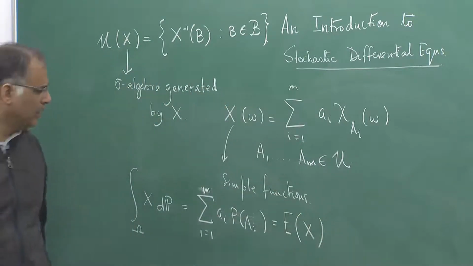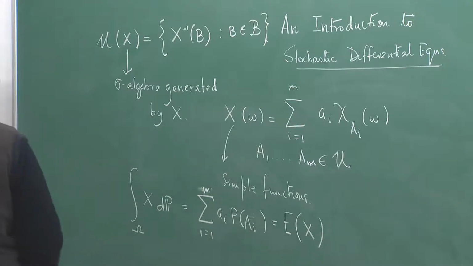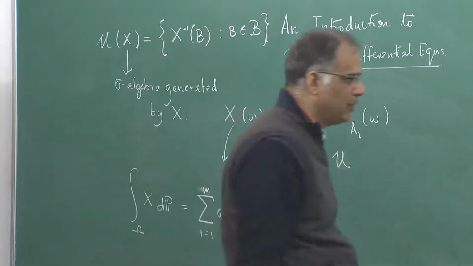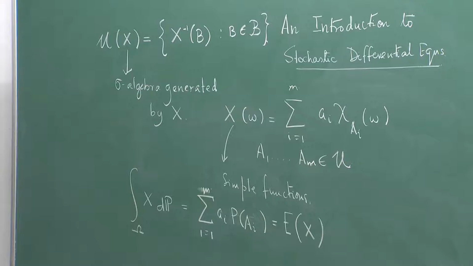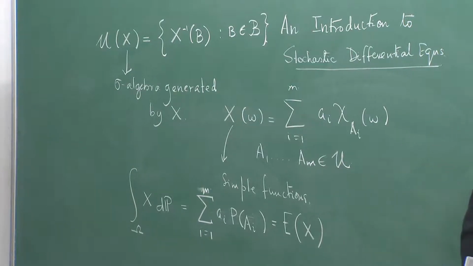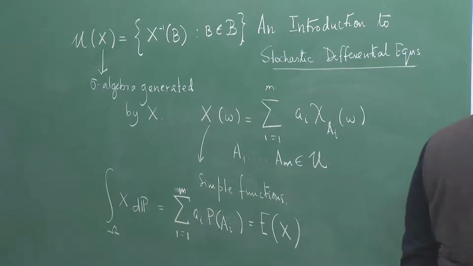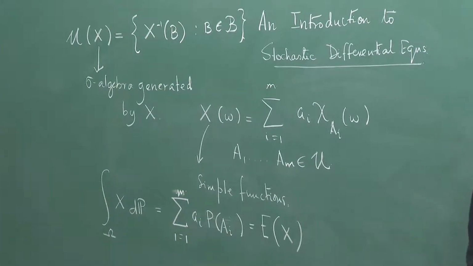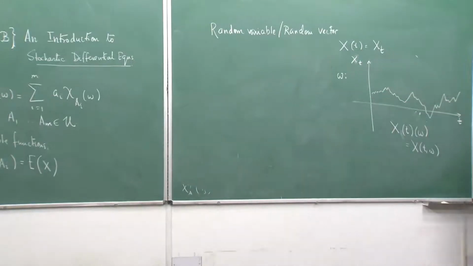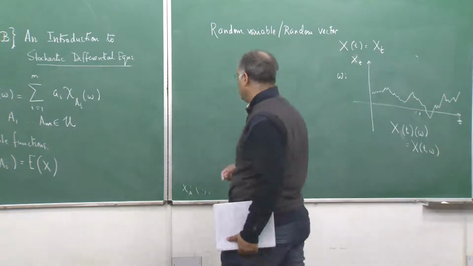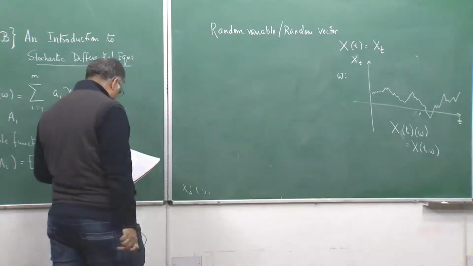But how do I define this when it comes to an arbitrary random variable and not just a simple function? We define this by using the simple function. This is the way the Lebesgue integral is defined. I would ask you to really look up, because we had said in the beginning that we need some mathematical maturity to do this course, but it does not matter, you can still follow by looking at what I am writing.